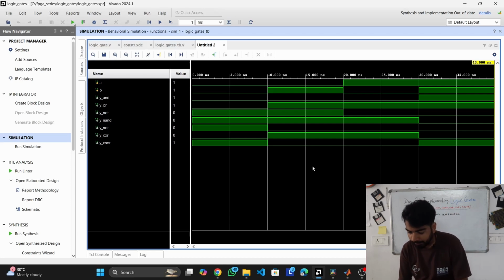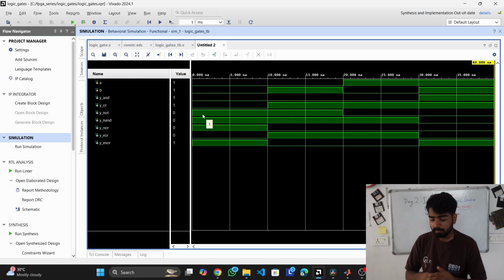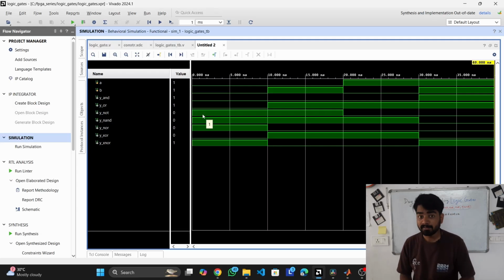If you see the AND gate, it's still all zeros until both of them are 1. If you go to the OR gate, it's 0 only when A and B are 0, otherwise it is 1. In the NOT gate, we had put NOT of A because it's a single input. So when A is 0, NOT of A is 1, and when A is 1, NOT of A is 0. And in the NAND gate you only have 0 when both A and B are